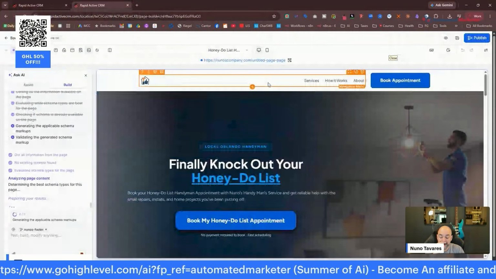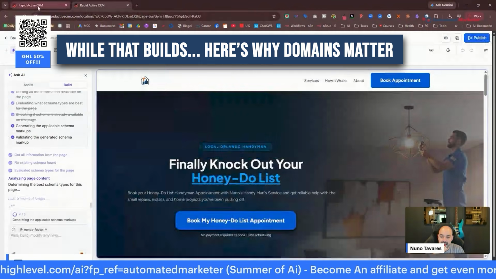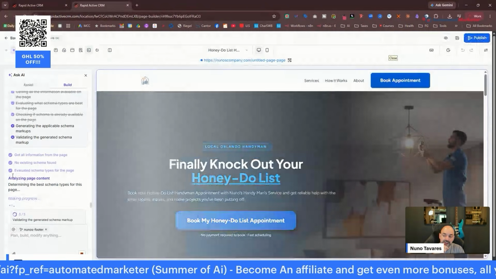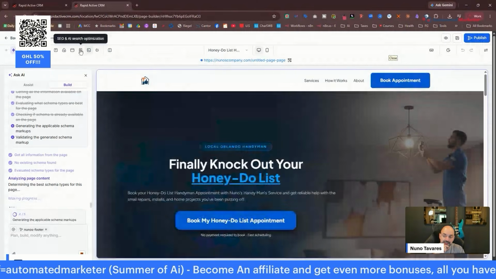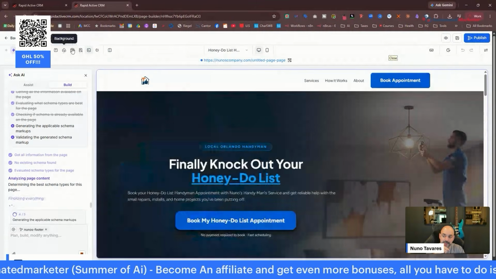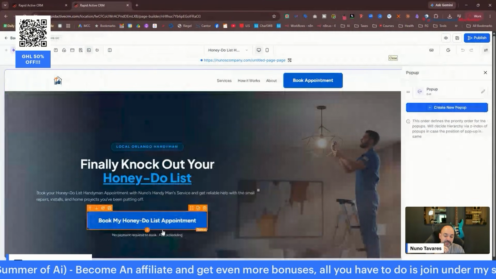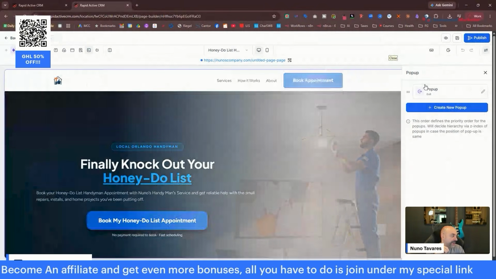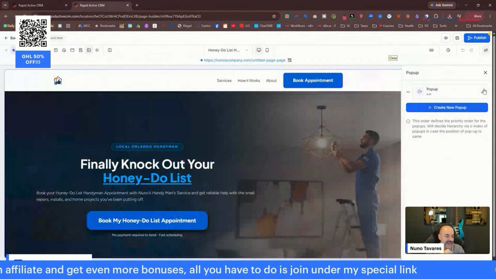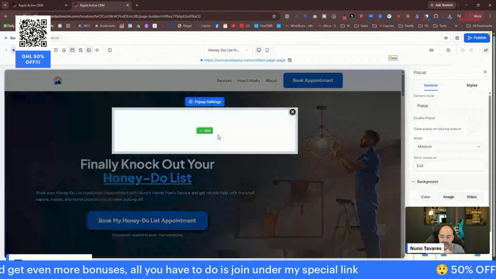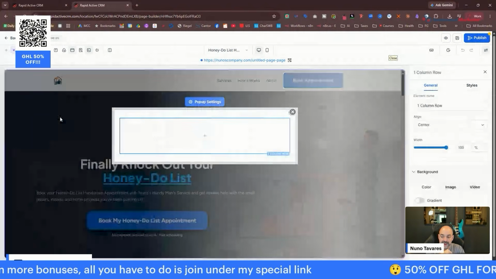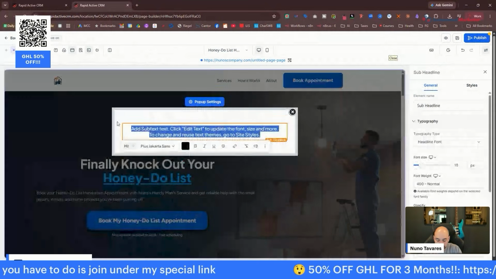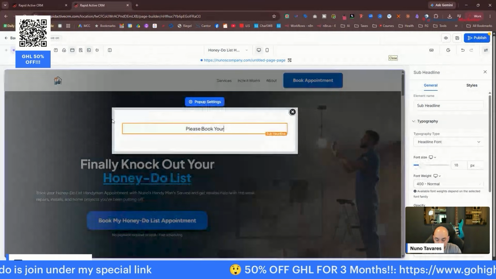It's still creating the schema, so I will add the calendar to the pop-up. While this is creating the schema, you see this thing that says pop-up? When somebody clicks this book appointment button here, I want the calendar to pop up. I'm going to hit edit, then add. I'm going to add a column and a little text line that says, please book your free